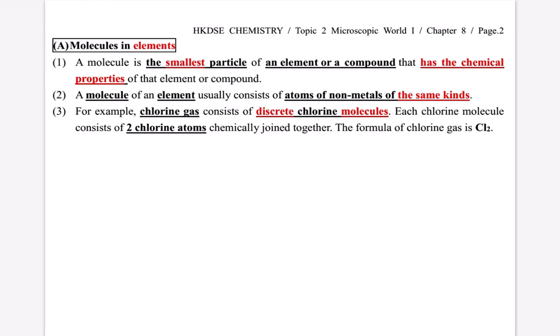So what are molecules? A molecule is the smallest particle of an element or a compound that has the chemical properties of the element or compound. 呢度其實唔係好知佢講咩嘅。好啦，molecule 其實係乜嘢？就係一堆 non-metal 嘅 atom 所組成嘅一 group of non-metal atoms。A molecule of an element usually consists of atoms of non-metal of the same kind。